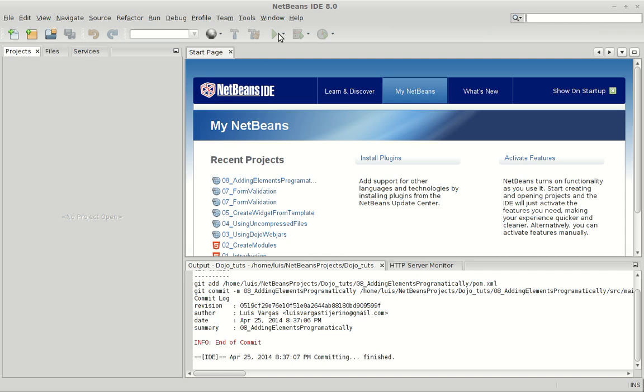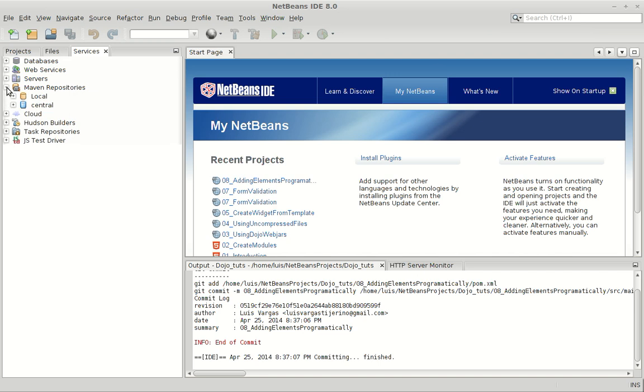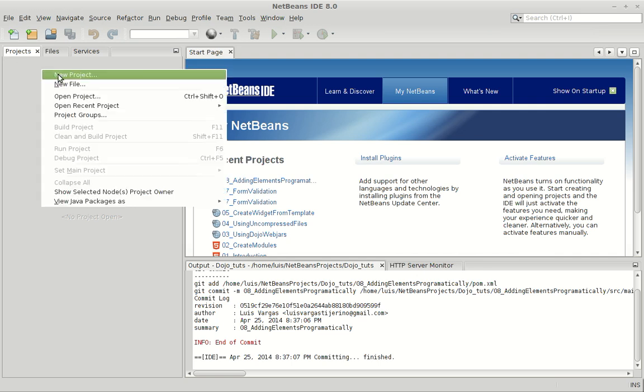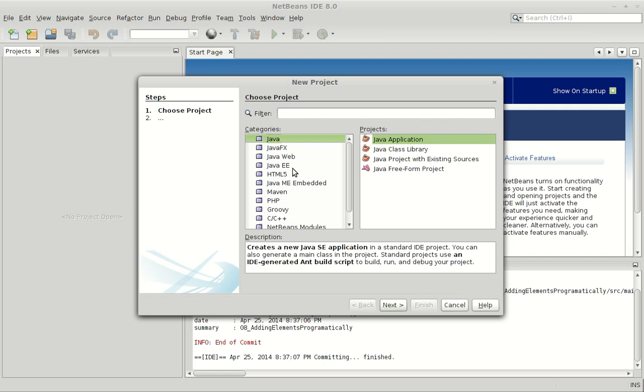By the way, I'm using NetBeans IDE 8.0 and I'm going to use also Tomcat, the Tomcat that comes with NetBeans, which is Apache Tomcat 8.0.3.0, which I think is one of the latest versions. I could also use Glassfish sometimes, but I prefer to use Apache Tomcat because it's faster than Glassfish in some cases. Okay, so to begin I'm going to create a new project,